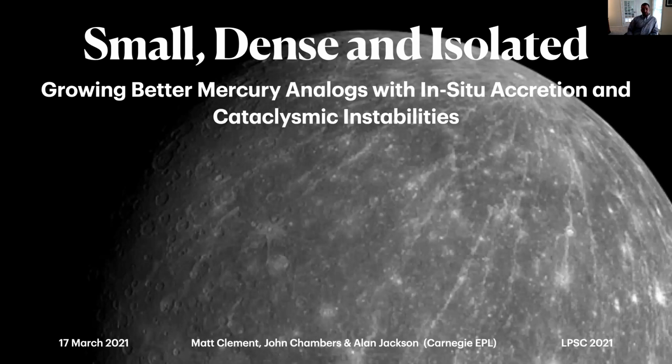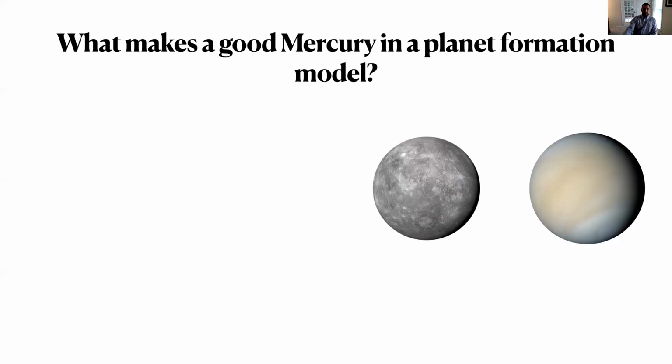My name is Matt Clement, and I'm a postdoc at Carnegie EPL in Washington, D.C. And I'm going to talk about some work we've been doing recently trying to form better Mercury analogs in terrestrial planet formation models. So as a quick review, there are a few things that we would like our late-stage terrestrial planet formation models to match about Mercury analogs specifically, but also about its particular relationship with Venus and Venus's formation